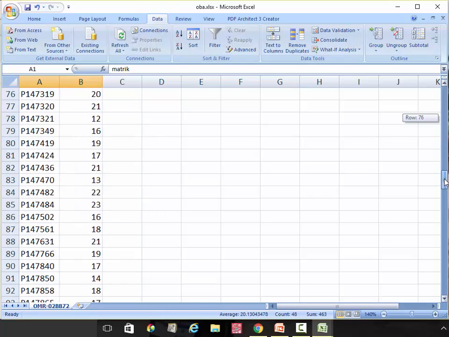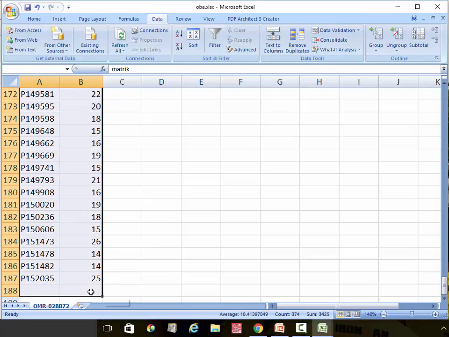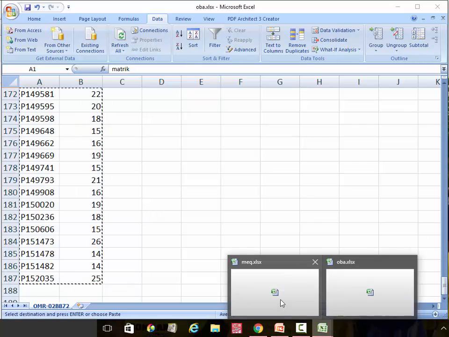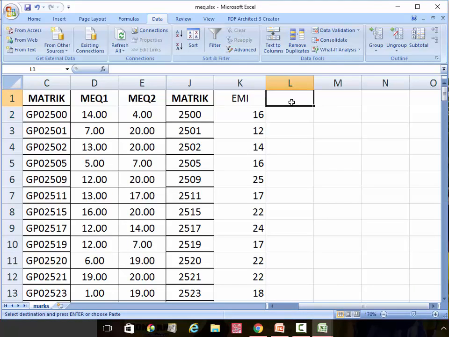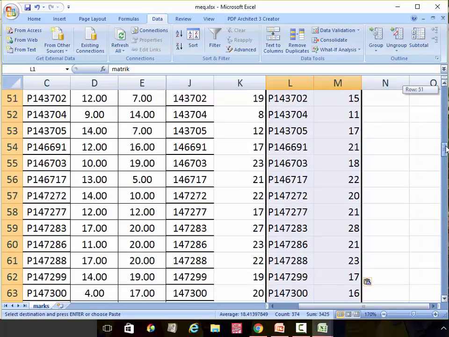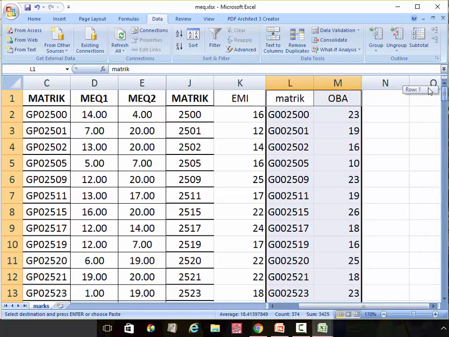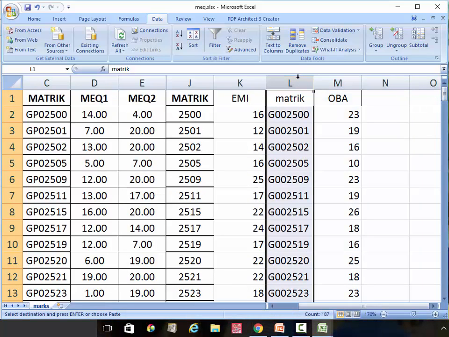So we go all the way down. Press Shift, Control C. So now we're going to the MQ sheet again. We're going to Control V. Here we're going to repeat the exercise that we did earlier. Since here only got the G and the P, we're going to get rid of the G and the P. So Control F,